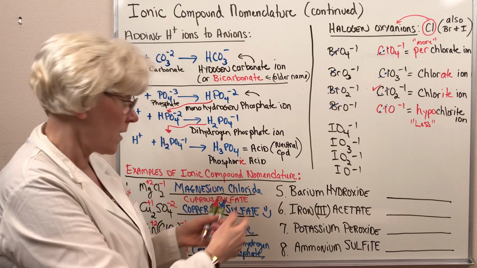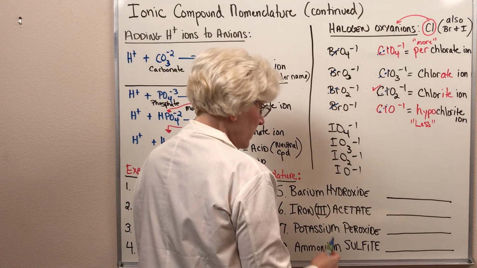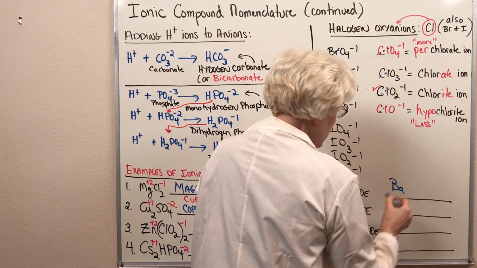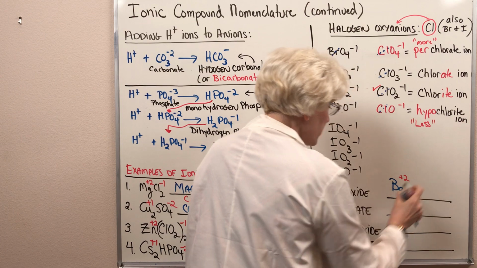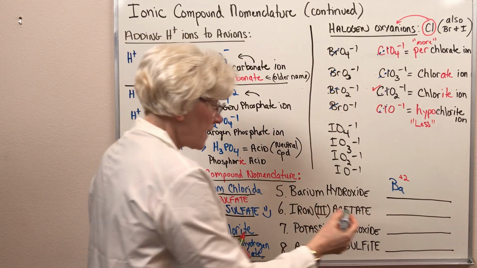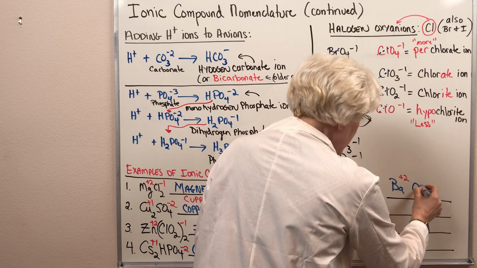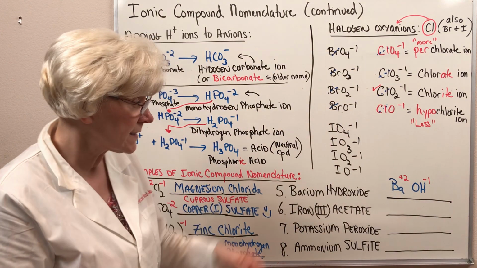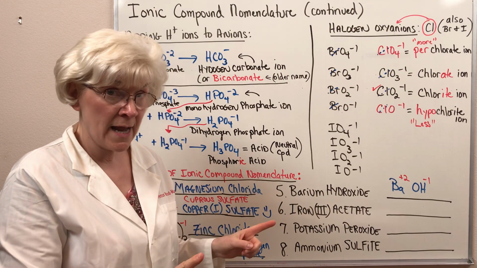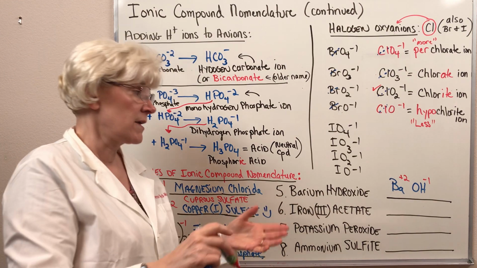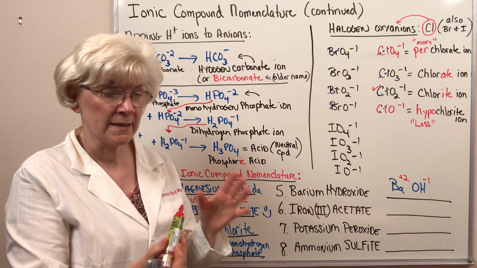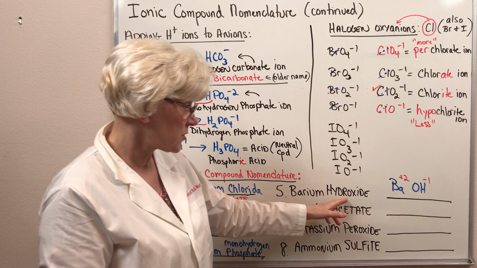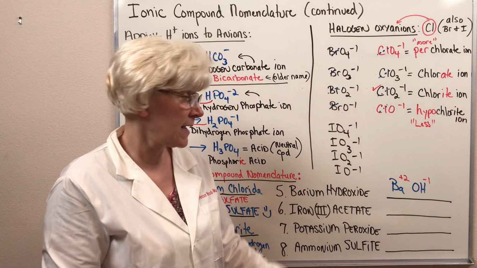So looking at what we have here with our first example, barium hydroxide, I know that barium is an alkaline earth metal with a +2 charge. I know that hydroxide is an anion, and it falls in that exception category. It's a polyatomic anion, but its name ends in "ide." So that's a bit of a confusion. We like to think about anions that end in "ide" as monatomic anions, but hydroxide is a polyatomic anion whose